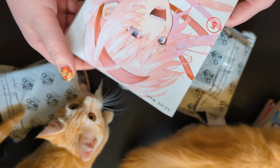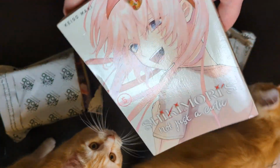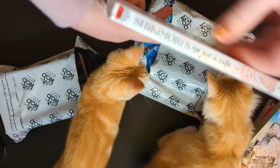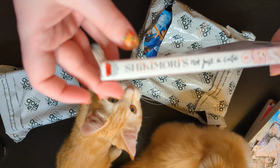Okay, just ignore the cats. Next we have Shikamaru's Not a Cutie, volume 5. This is a bit knackered at the...